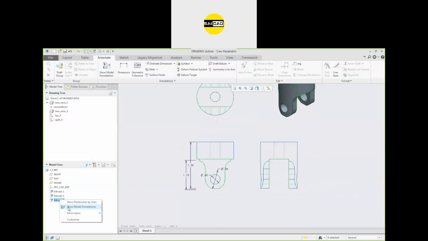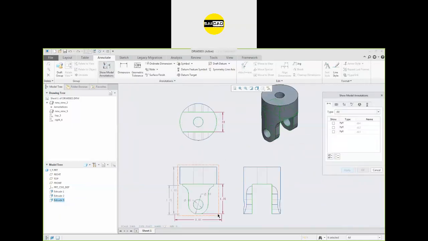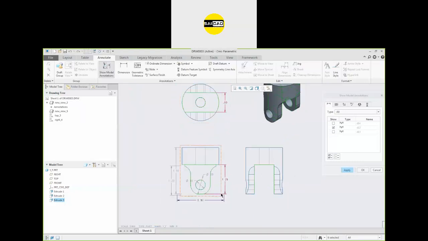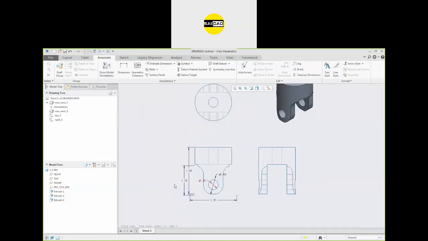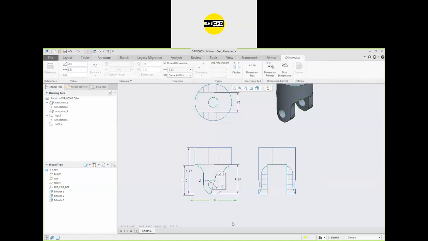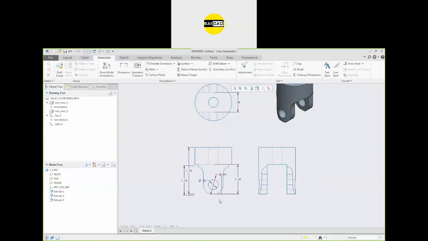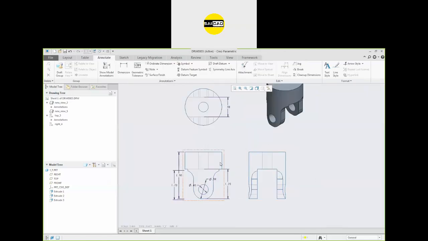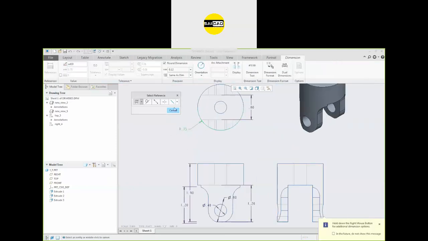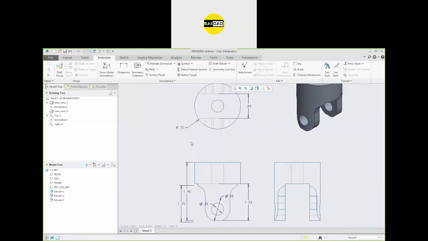And now select the last one, Show Model Annotation. So you can see we have some values. I don't need this one. I need this 1.8, this 1.2, Apply. So in this way, I have to select the dimension also like that, Apply. I don't need this one, I can just leave that also. So in this way you can insert whichever dimensions you need. If you want to create a dimension, you can just select here and create the dimension where you need. Okay, so we have the dimensions also.